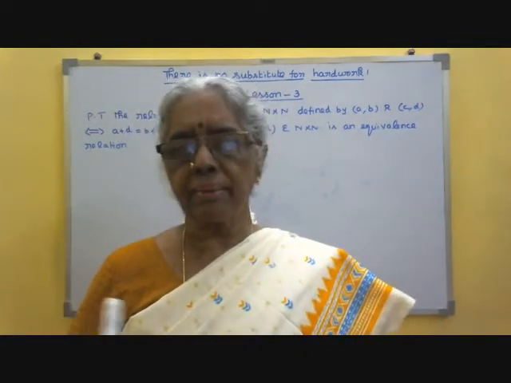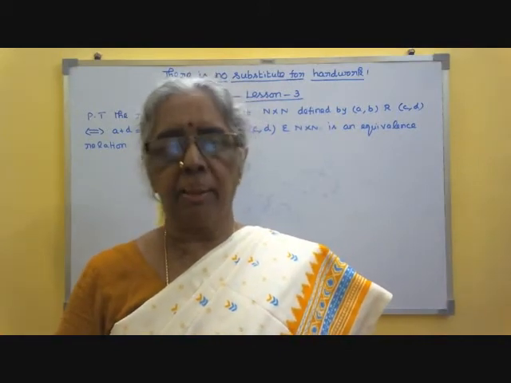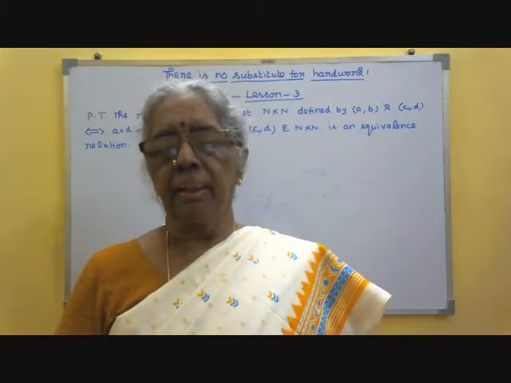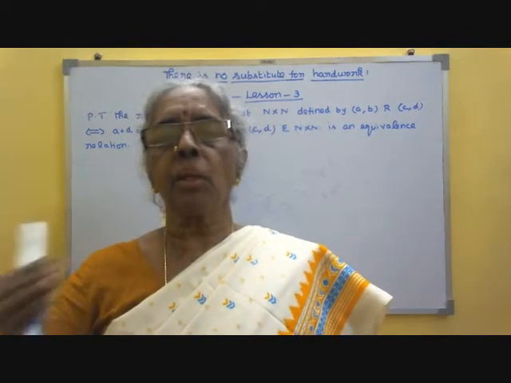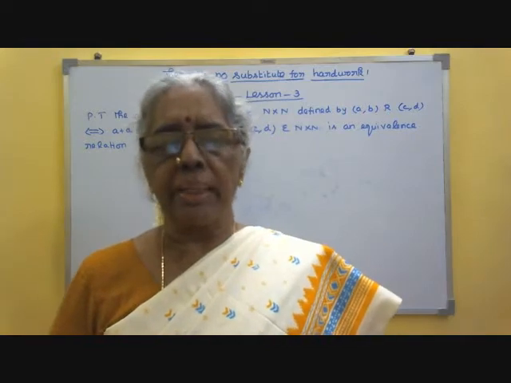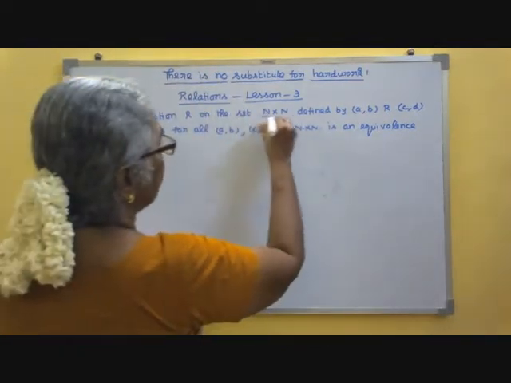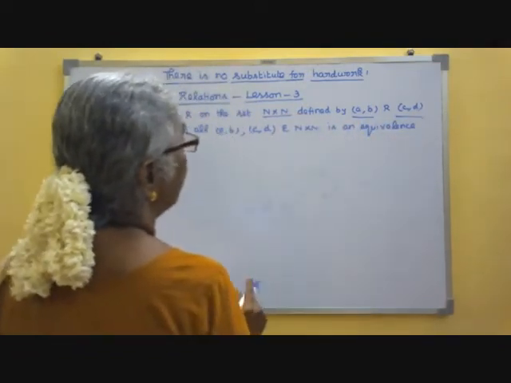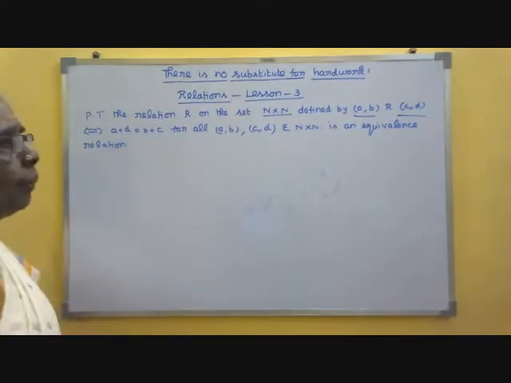Here if you read the sum, you will know each element is an ordered pair element. A comma B is one element, C comma D is another element, like that. So, when it is an ordered pair element, the set also will be a cross product. It will not be just N or Z, it will be N cross N or Z cross Z, like that. Okay. So, here the set is N cross N. The element is like A comma B, C comma D, like that. The rule of relation is given by A plus D is equal to B plus C.